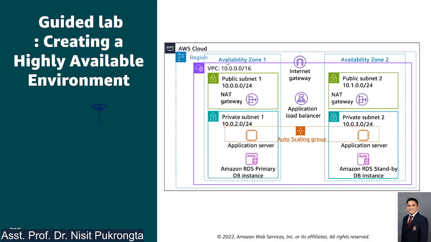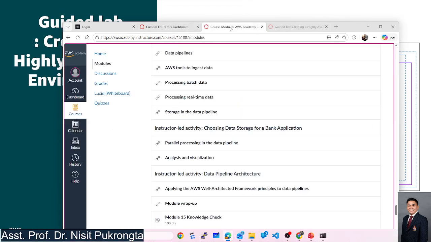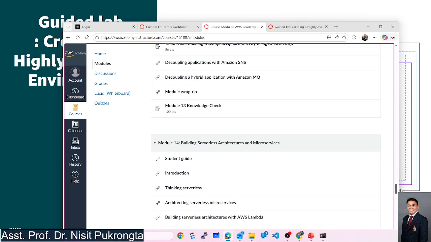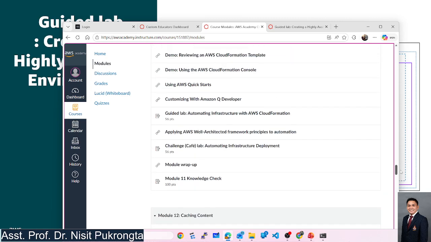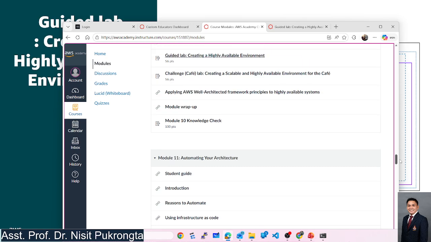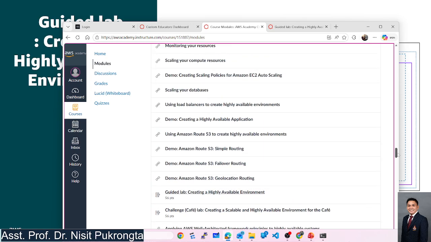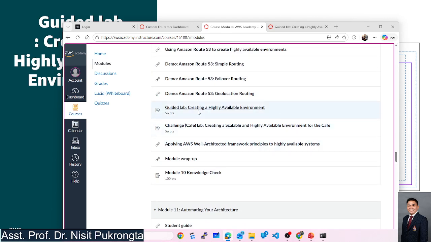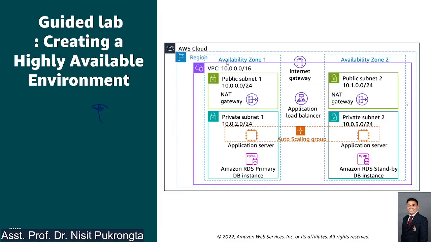You have to open this and click in this and scroll down to module M10, right. Module 10, and then the lab guide, lab create highly available environment. And I will record it in the next recording.